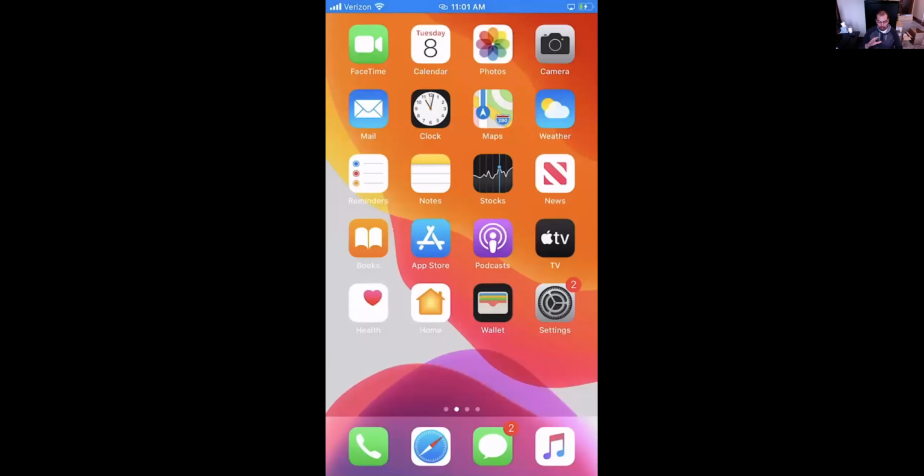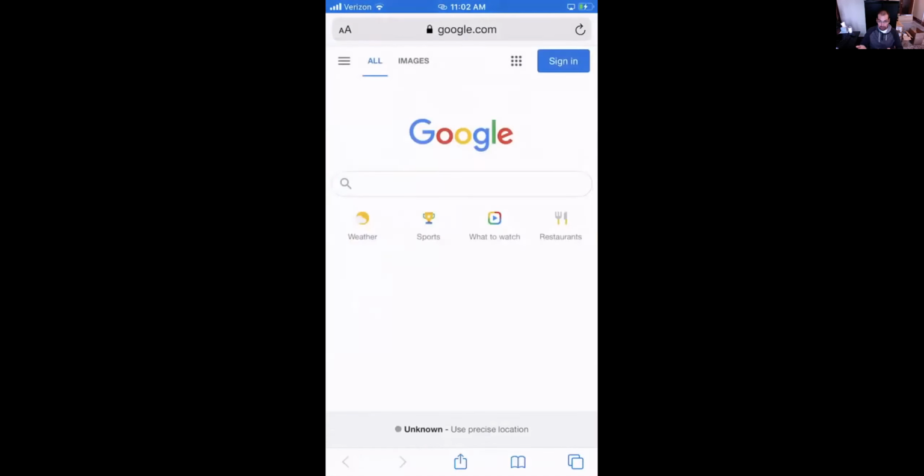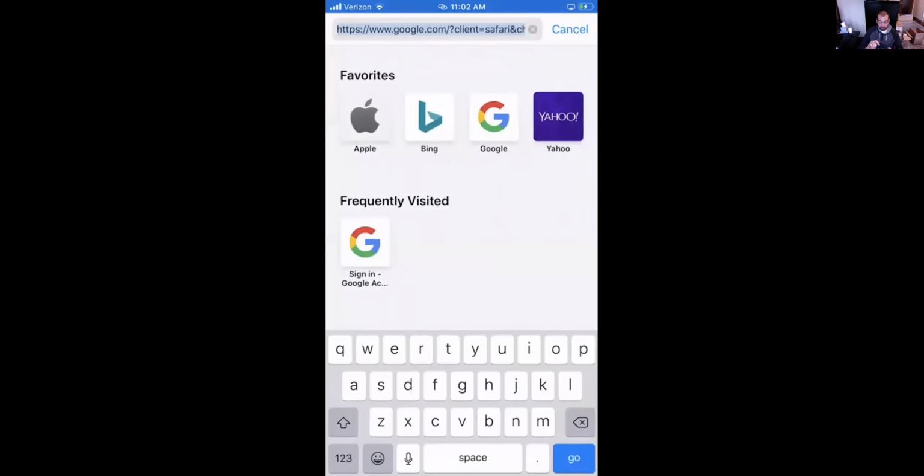So I'm on my iPhone. This is able to be accessed through Android as well, so you will have access to that. Doesn't matter if you're on an Android or an iPhone. The first thing I'm going to do is open up my browser, which is going to be Safari. You might have Google Chrome on there. Whatever one it is, you're going to go to your web browser, go to the home page, and at the very top I'm going to type in